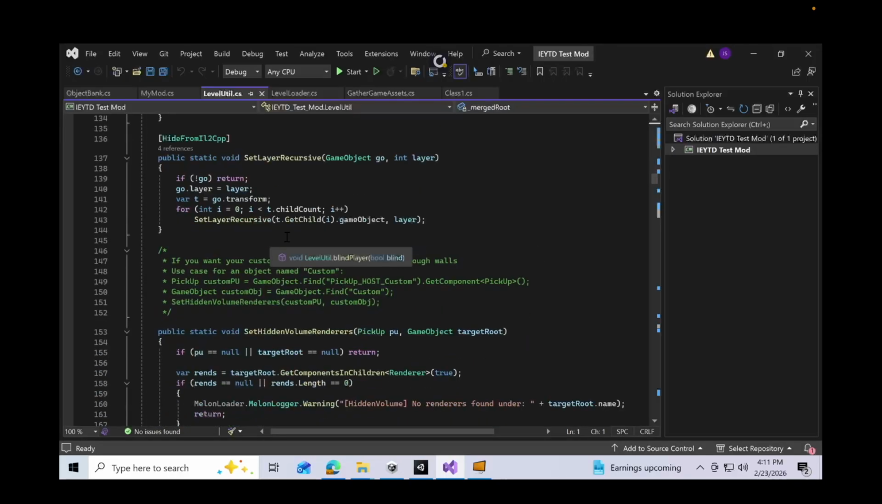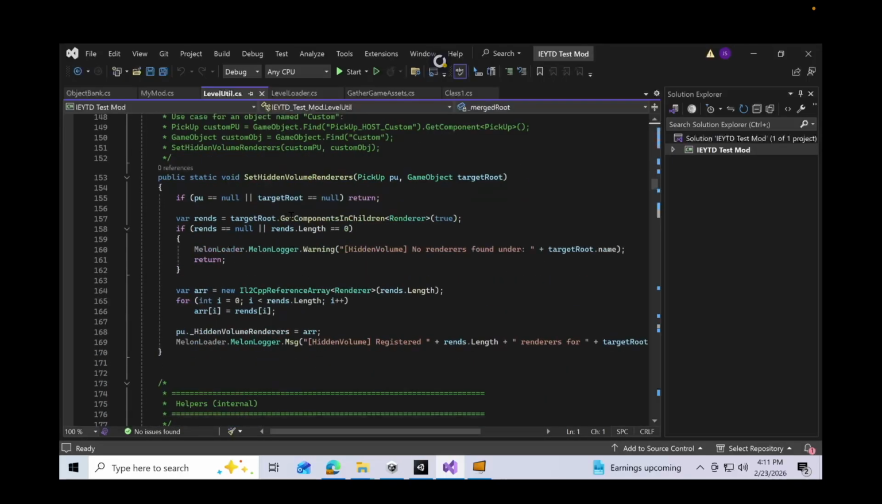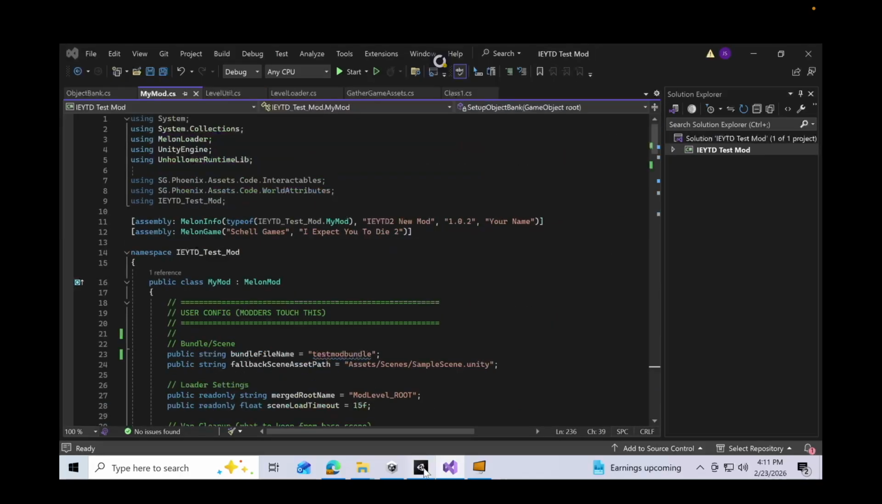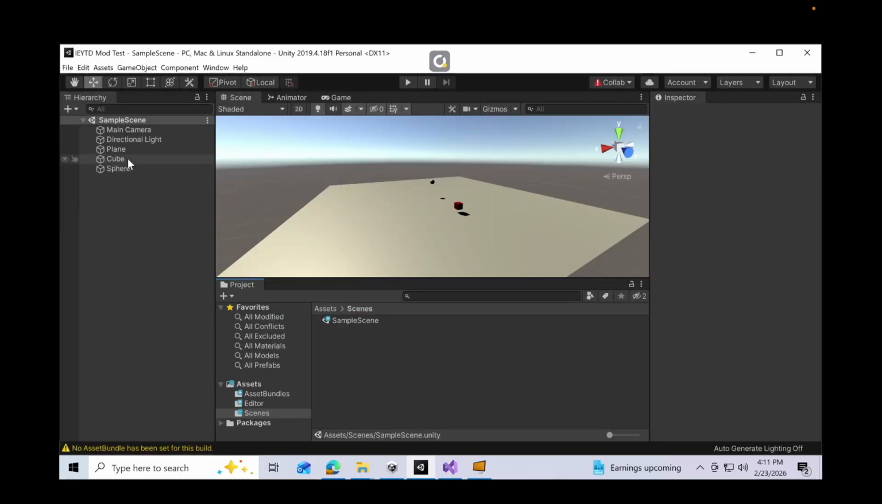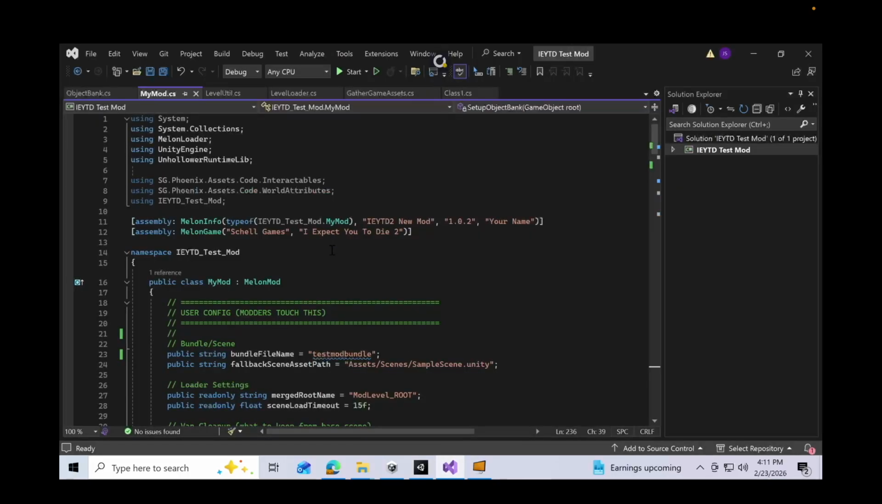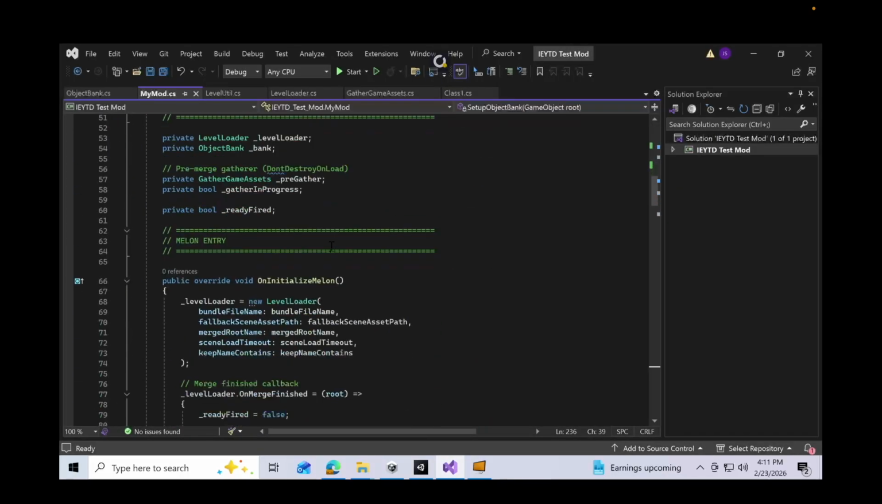Blind player, set layer, but just a bunch of other stuff. So I'll go ahead and show you a few examples. If you go back to my scene, you can see there's the cube object. If I want to make this grabbable, so the player can grab this how they would a normal thing in I Expect You to Die, we're going to want to go ahead in